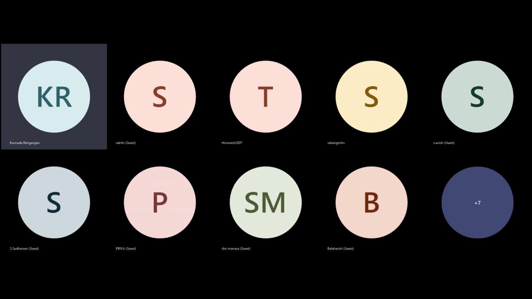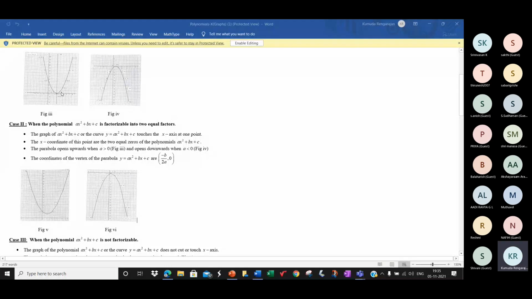And as I told you, children, the vertex can be the lowest point of the parabola or the highest point of the parabola. So you can also see a line here, children. Can you see a line? The parabola is symmetrical about its axis. Just remember all this for MCQs.